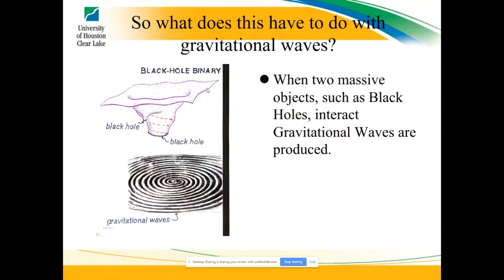So what does this have to do with gravitational waves? Well, you've got this black hole, which is a really, really massive thing. And if you take a really massive thing and you move it through space-time, it has a massive curvature of space-time. And as it moves, it twists the space-time around, and the space-time stirs up. And so that is what's causing the waves. So the waves are basically the result of all of this movement, all this space-time getting stirred up. So black holes are just a great source of gravitational waves for this exact reason.